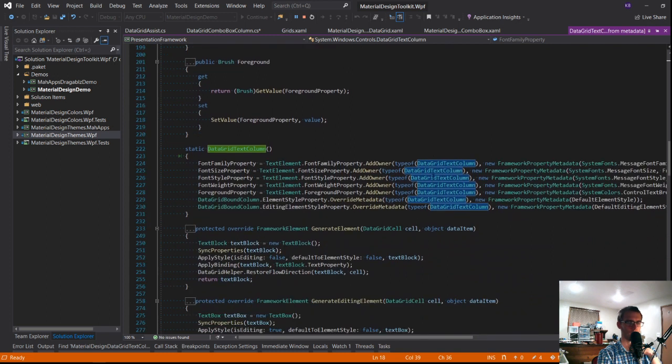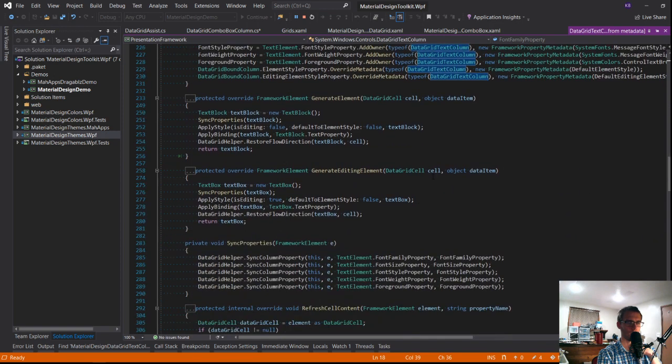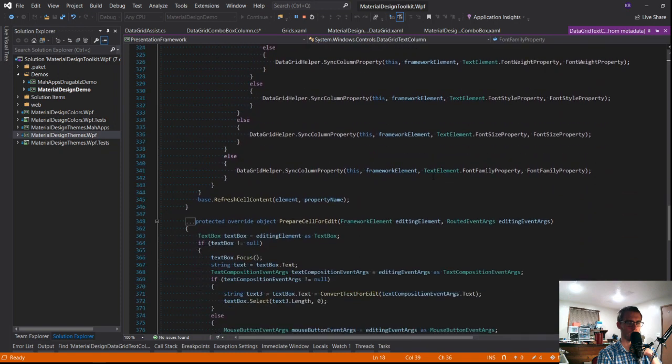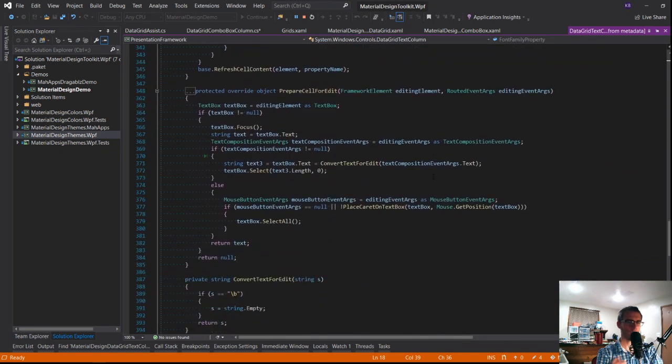So I don't see an event handler there. Prepare cell for edit.